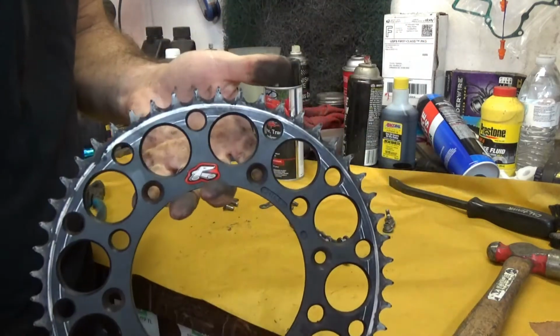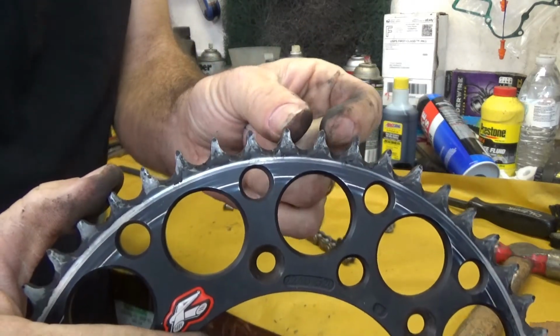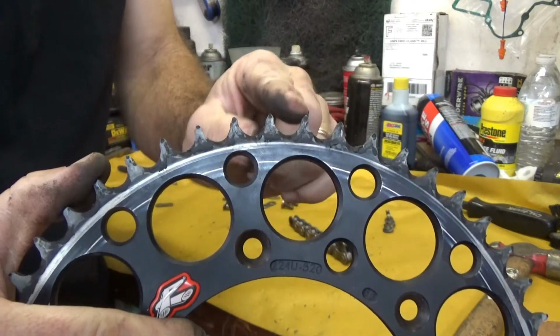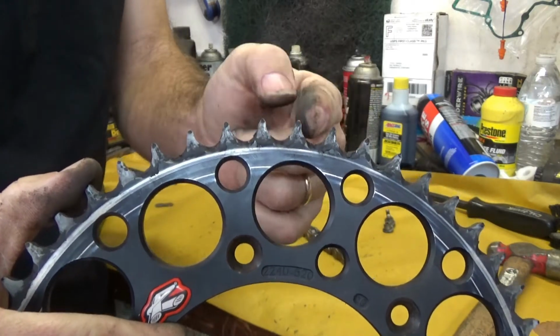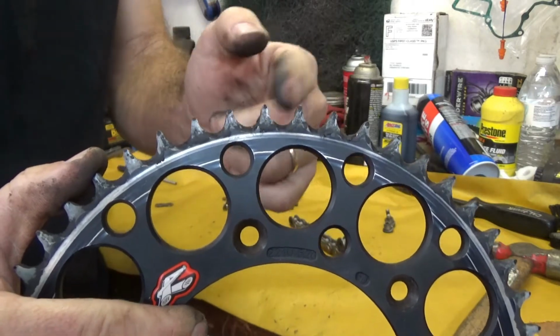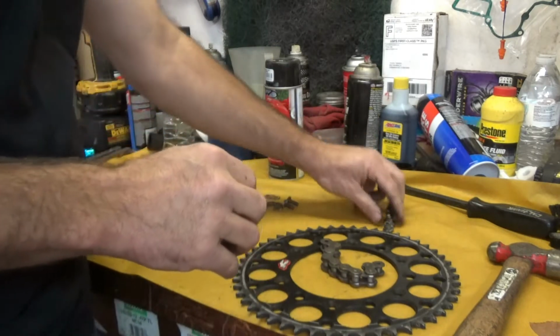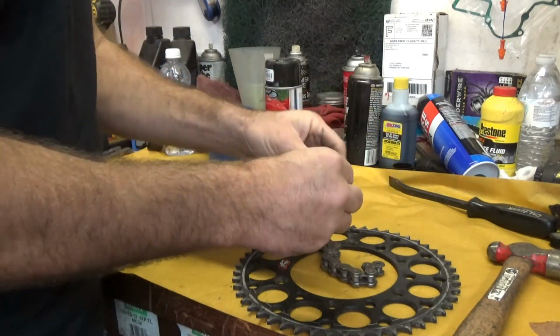This sprocket is good and worn right here. If you look closely at the teeth, you can see they're starting to wave a little bit. They're getting pointy, and they have a little hook in them here. They shouldn't have that. They should be nice, clean, flat-topped peaks. So what happens when we talk about chains wearing is that